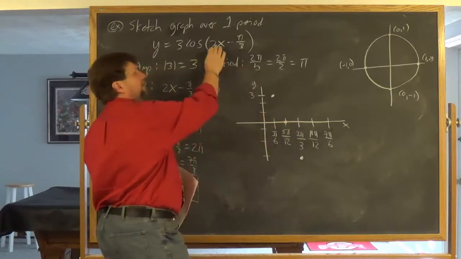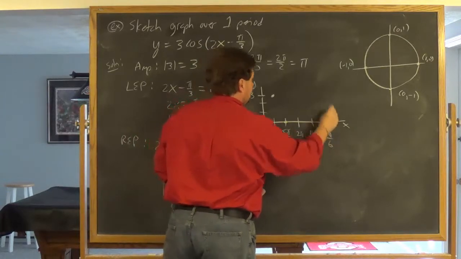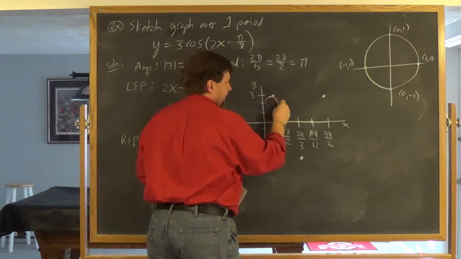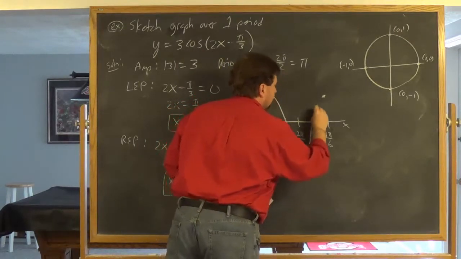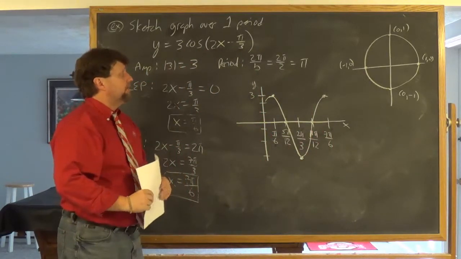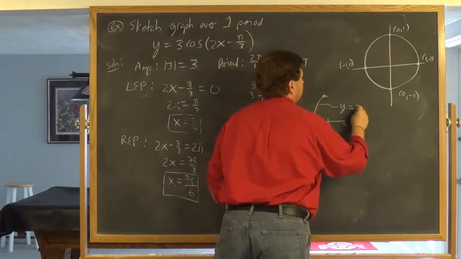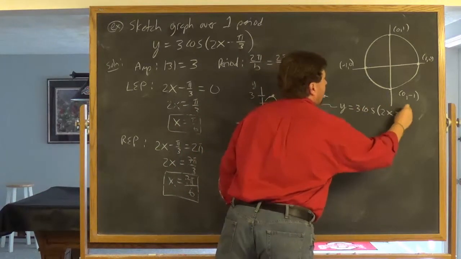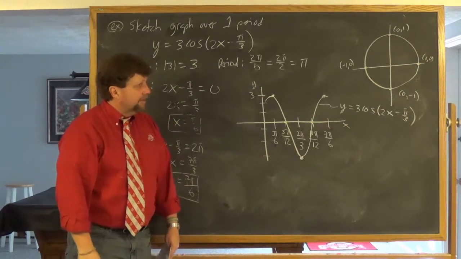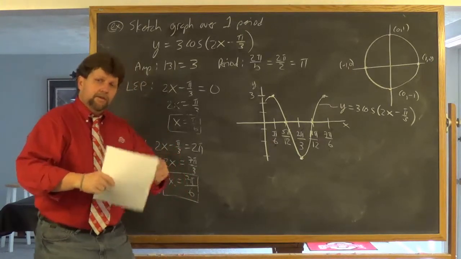I put 11 pi over 12 in here for x, and I bet I end up right back here. And just kind of finishing it off quickly and connecting these 5 key points with a smooth curve gives me that as the graph of 3 cosine of 2x minus pi over 3 over 1 interval. So to recap the process,